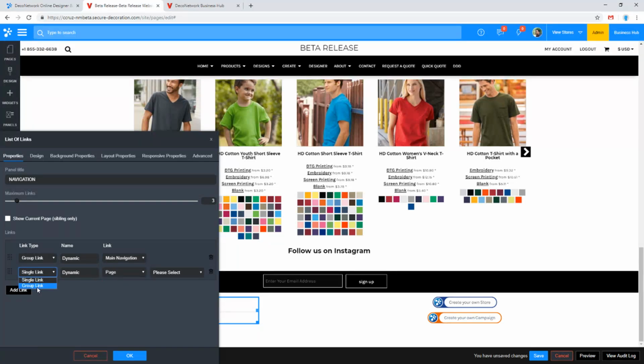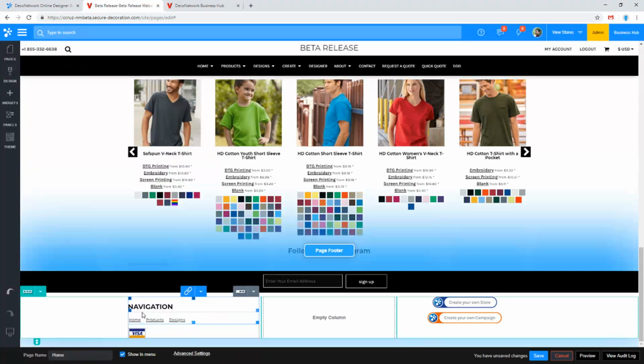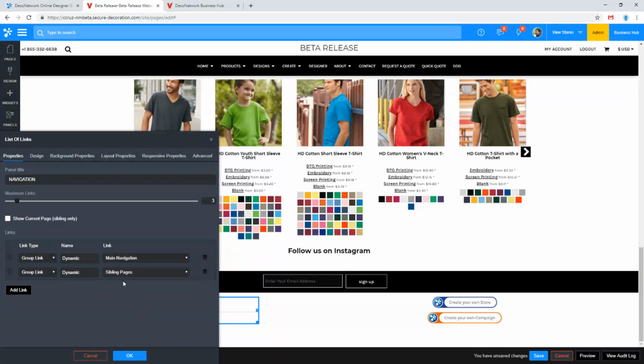So there's some additional groups there, child pages. So that would be like the child pages of the current page that you're on. So let's say I go to sub, then it's going to show sub 1 and sub 2 there. So that's all of the child pages within. Sibling pages, any pages that are on the same path as the page that you're currently on. So if you're on home and next to home you also have products, create, designs, you'll see all of those